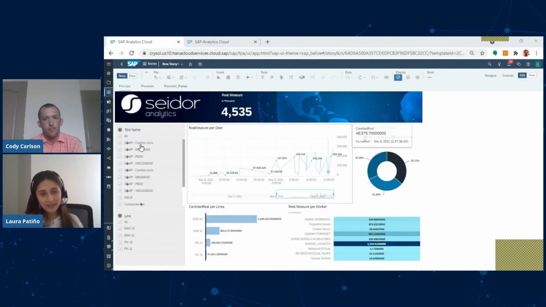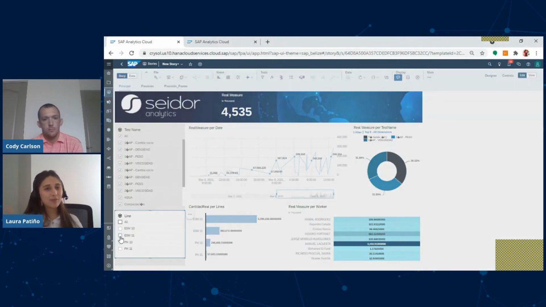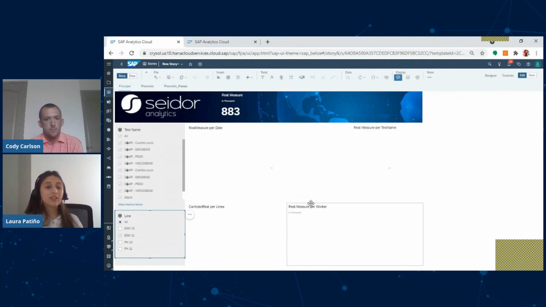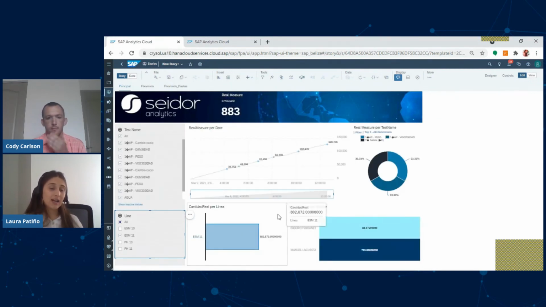So in this case, I just finished the whole dashboard. This is an easy one, but it's just an example of the kind of information you can visualize, and how you can go from just tables and data you don't understand to information that you can consume in an easy way and have a 360 view of your business.